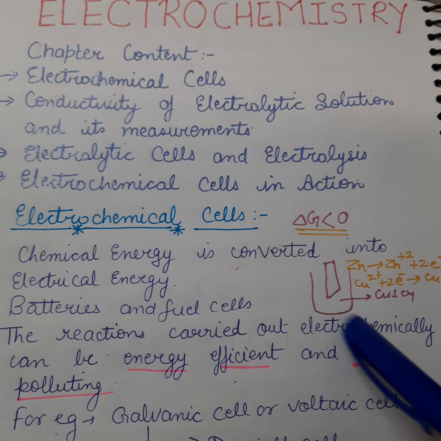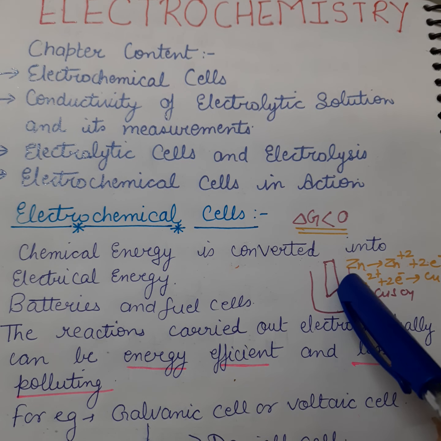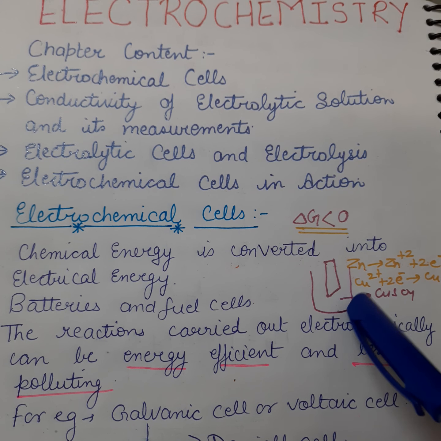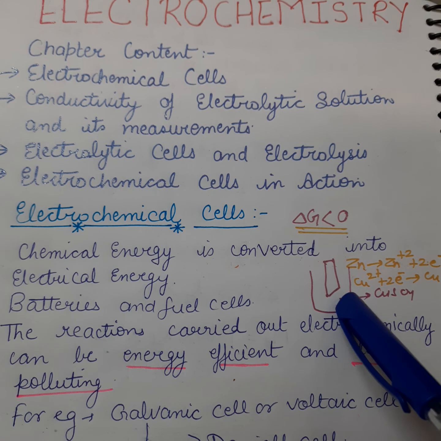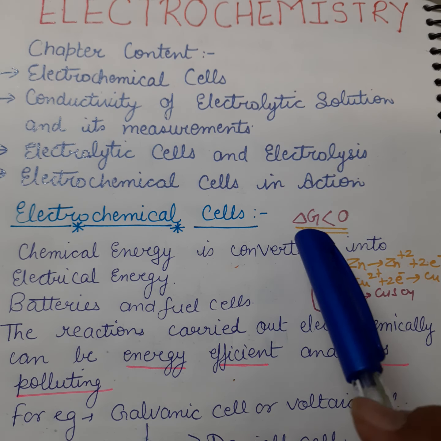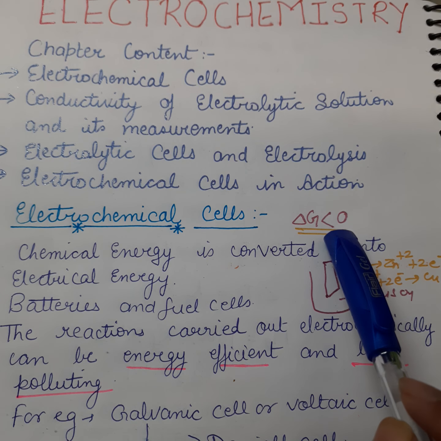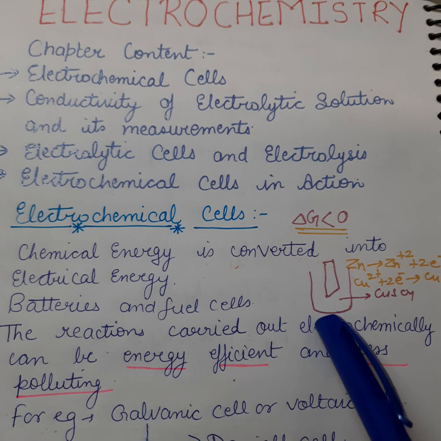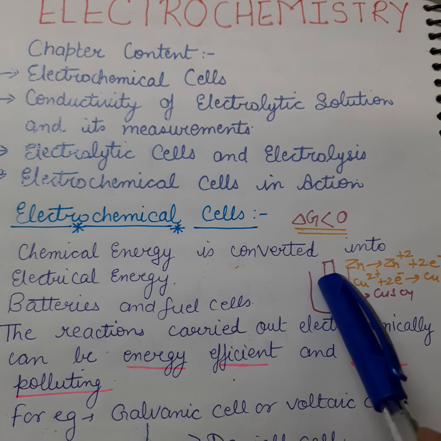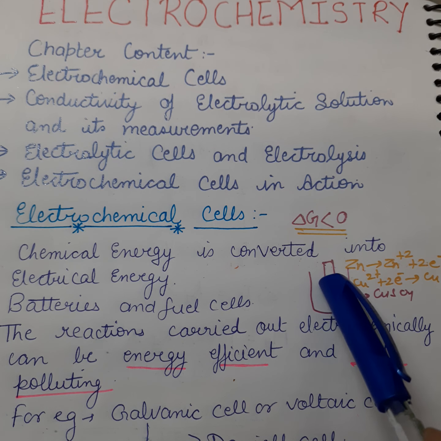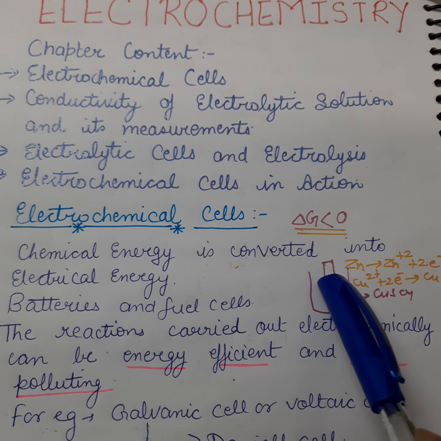In this particular cell, the heat is released, because this is a direct method. When the heat is released, the Gibbs free energy is less than 0. Now the chemical energy is converted into heat energy, but our aim is to convert chemical energy into electrical energy. Now we should apply the indirect redox reaction method.